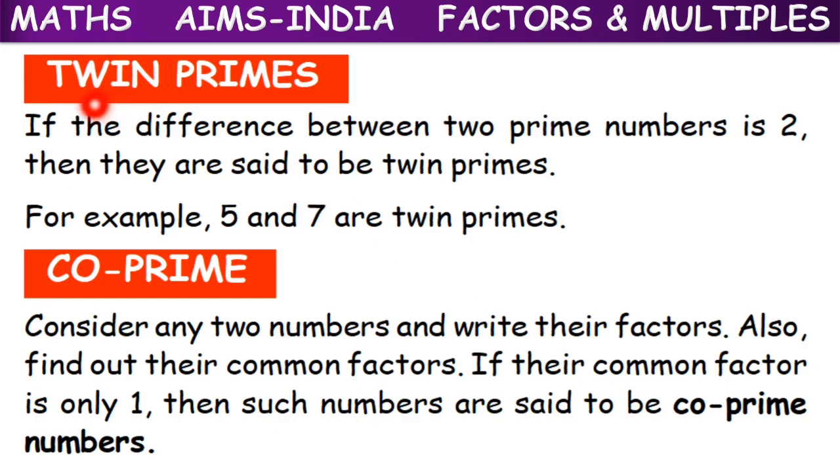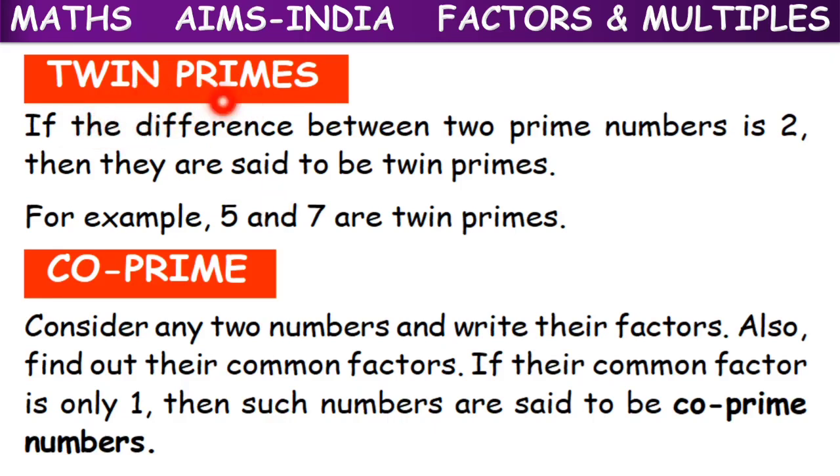Now moving on to our next topic, which is twin primes. What is the topic, children? Twin primes. Now what does twin mean? Do you know who are called twins? Twins are people who are born on the same day and they look alike. You might know a few people who are born on the same date. Siblings, say a brother and sister, or two brothers or two sisters who are born on the same day and they look very much similar to each other. They are called twins.